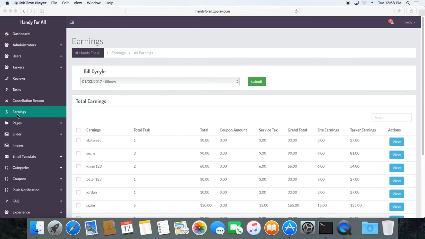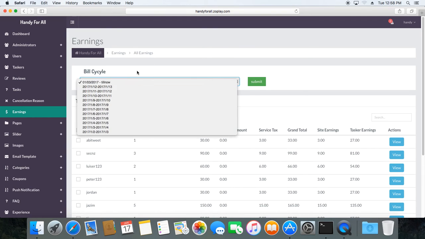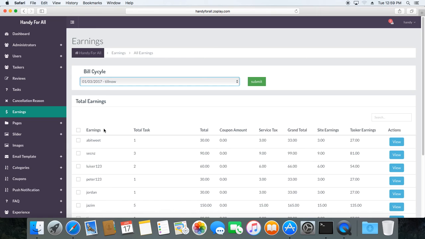The earnings section. This section describes the earnings of the admin. For the overall understanding, we have included the bill cycle. We have also aggregated the name of the tasker, the total number of tasks performed by him, the total amount earned for all those tasks, the coupon amount if present, service tax applied for all those tasks, followed by the